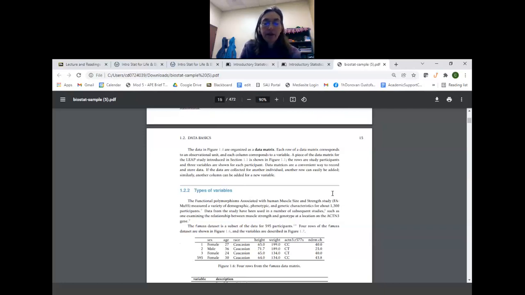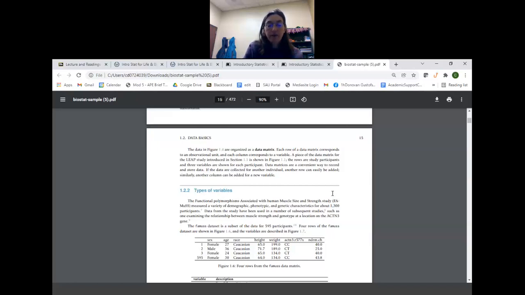The second example they give is another example where they show how the data looks. They give more variables, but only for 4 people. And they just show 1, 2, 3, and then participant number 595. And they don't give that number 1, 2, 3 as if it's an identifier, but it would be in a data set. And so they're saying, okay, we have these rows of individuals, and we have information, and they're just showing